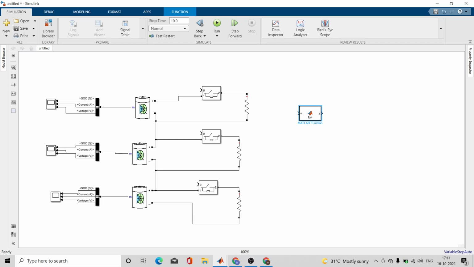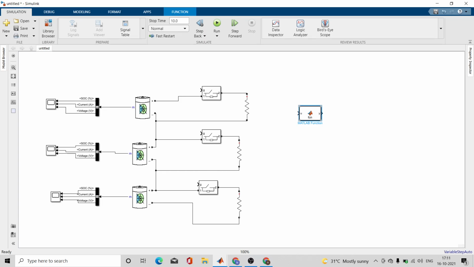In a program you use ready made functions like print, input, output, square root, sum. These are the ready made functions that are created by MathWorks. But you can even create your own functions as per your requirement. You can call those functions anytime in the program or in the simulation.